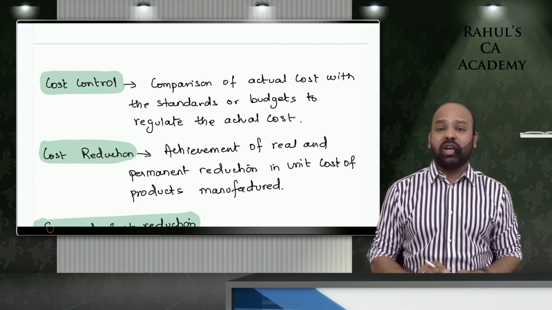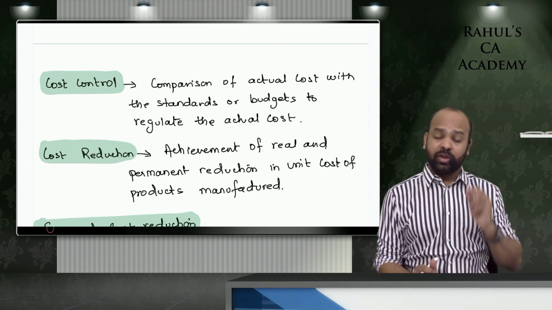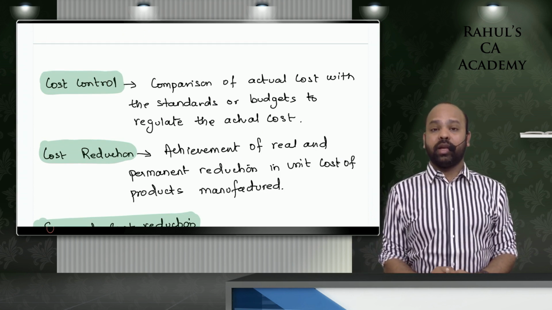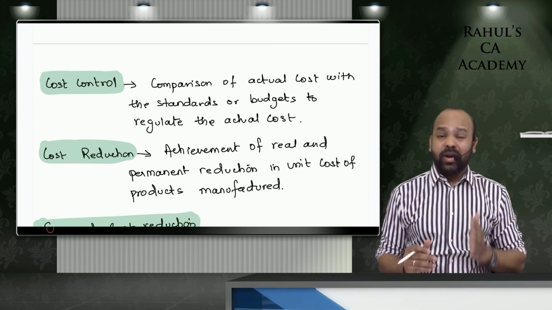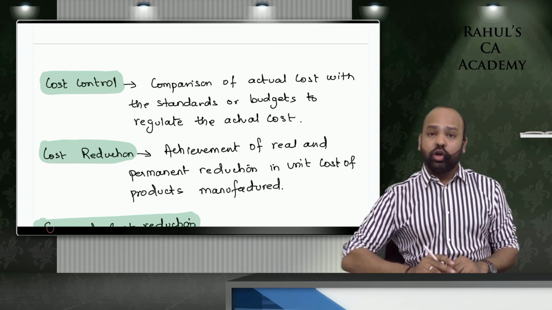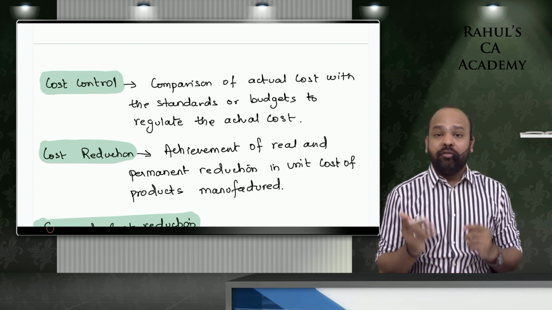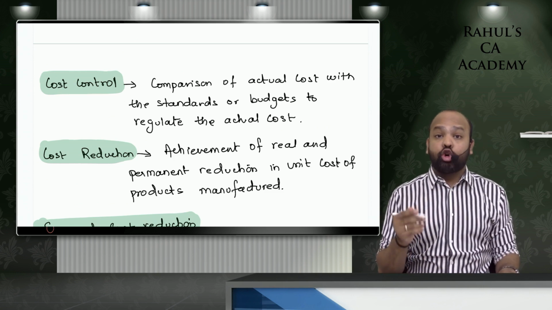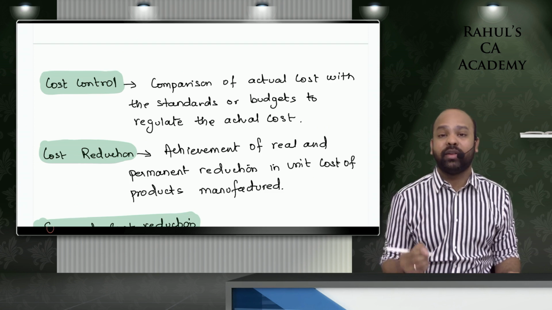To understand this chapter, you should exactly know what is the difference between cost control and cost reduction. This is also the very first concept that we learn guys as a part of our IPCC CA intermediate cost and management accounting. Now, the difference between cost control and cost reduction is all about understanding. Under cost control, we are trying to stick to targets. We are trying to stick to the budgets. We are not questioning the standards. We are not questioning the budgets. But under cost reduction, we question the standards. We improvise the standards. We improvise the budgets.